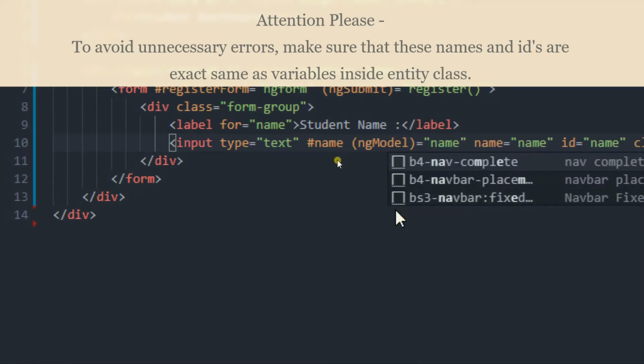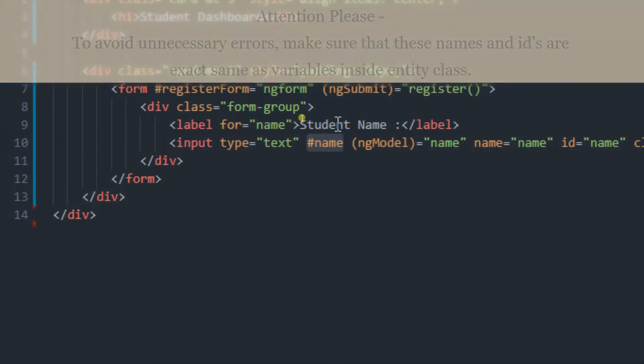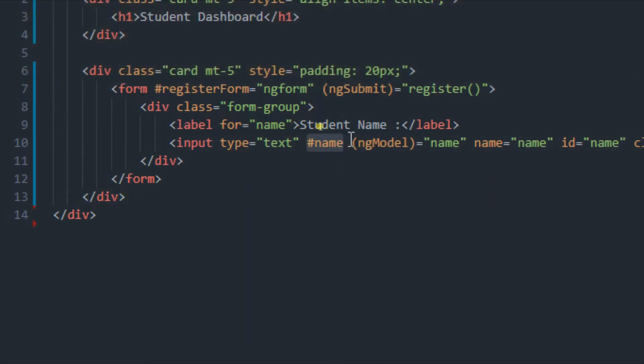Let me explain what these are. Hash name is the name of this particular field. By writing ng model, we are specifying that this particular field is a part of this form, and name is the name of this particular field.